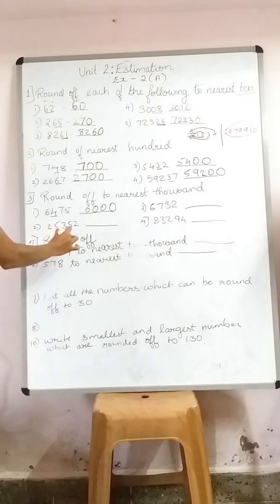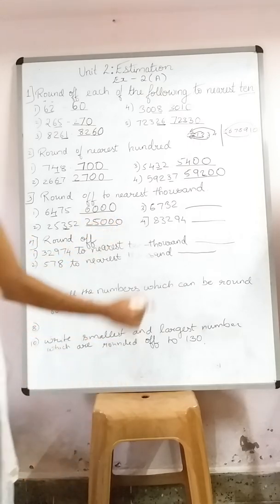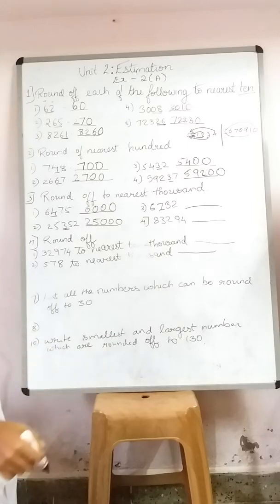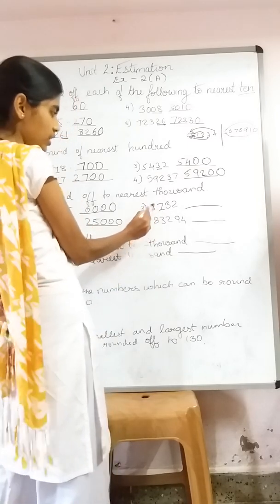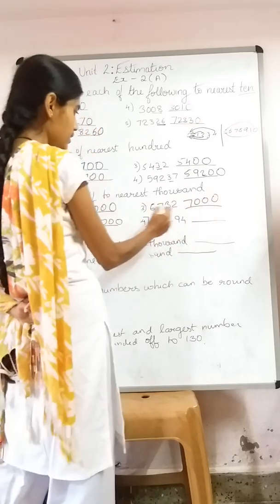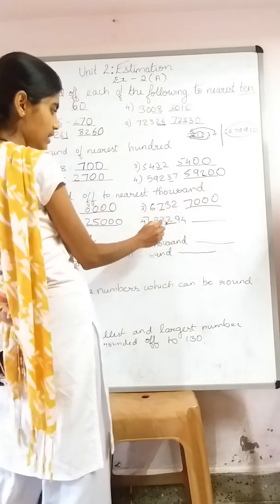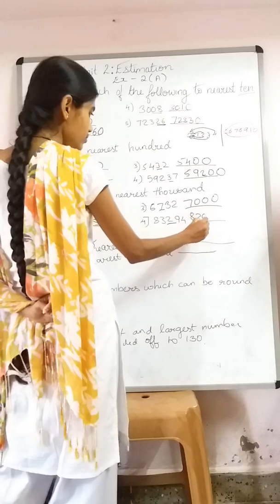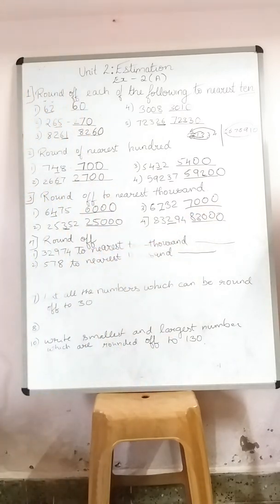Now again here, hundreds place. It is again less than 5. So keep other numbers as they are, replaced by 0. Now here, hundreds place, what is it? It is more than 5. What will you do if it is more than 5? Add 1 to the thousands place and write other numbers 0. Correct? 6 plus 1 is 7. Now the hundreds place is 2. It is less than 5. So, okay. Did you follow? I think you have followed it very well.